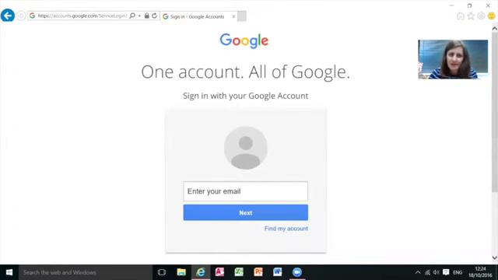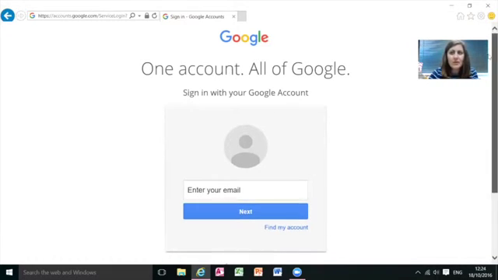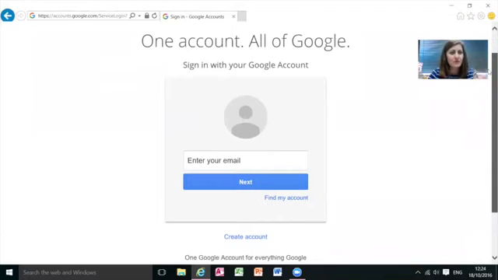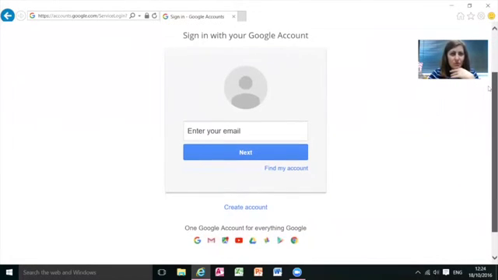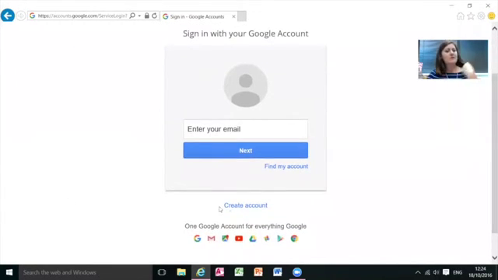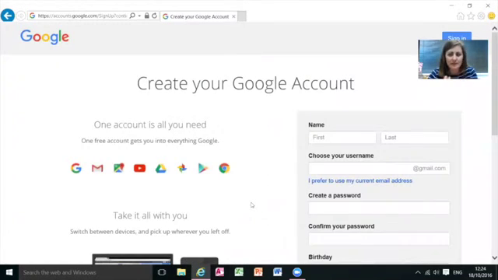Do not enter anything here unless you already have an account with Google. Today, we don't have accounts. That's why we're watching the video, is to create one. So instead, you're going to scroll down and you're going to find this button that says Create Account. Click on that once with the left-hand side of your mouse, and this is where you are going to enter